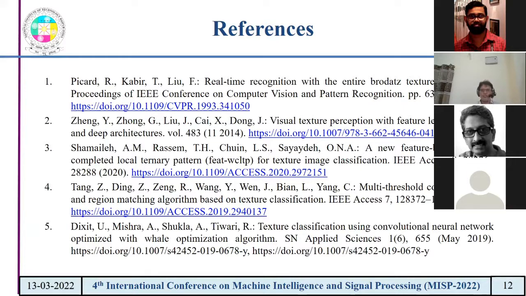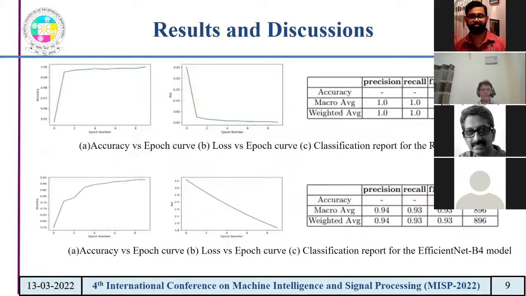Yes, sir. So literature survey is very important. Please look into the latest work done with respect to your work. Sure, sir. We'll do that. And secondly, please go back to your results graph. Whatever you got, please can you